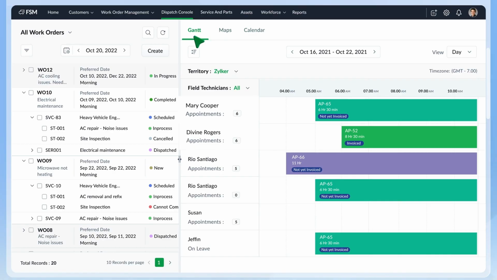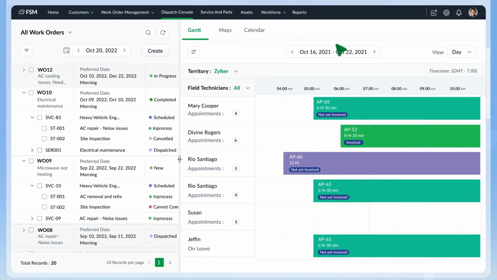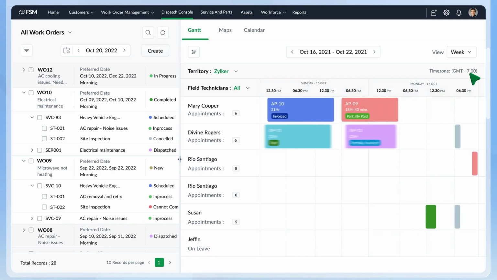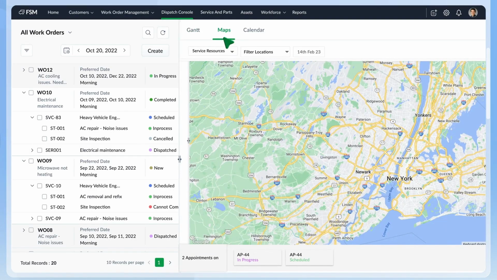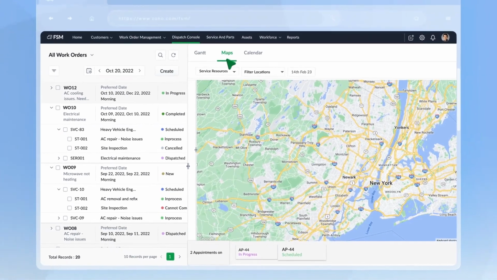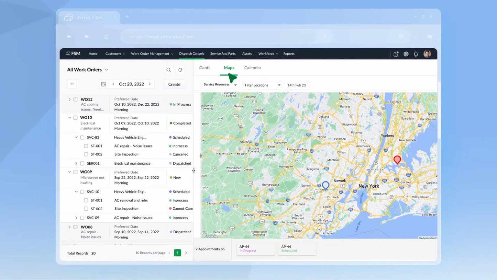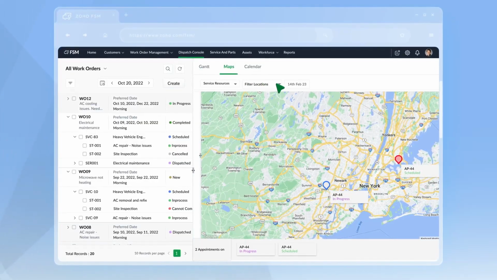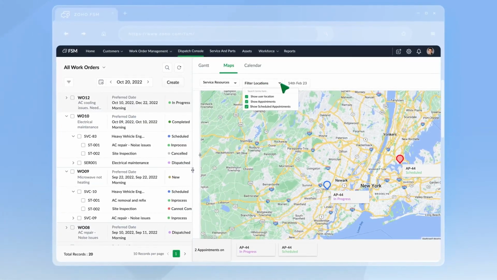The Gantt chart has the names of field agents and crews in that territory. See their schedules, time-offs, and leave details here. Shift to the Week view to see their entire week. Use the map to see the job sites and the current locations of all your field agents. You can track the live locations of your field agents and filter them based on skills to select the right